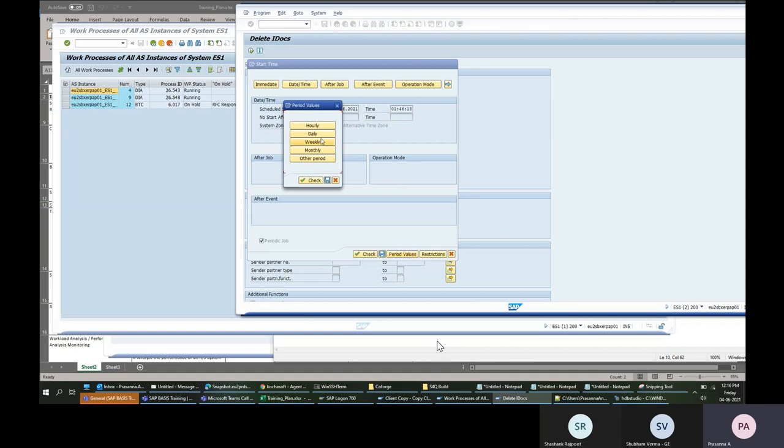If I click hourly, it will run every hour. It could be a daily job, an hourly job, a weekly job, something we can choose in here. If I want a different period, I choose a different period. Here I can choose to run every 2 days, or every 3 days, or every 20 minutes. This I can choose.